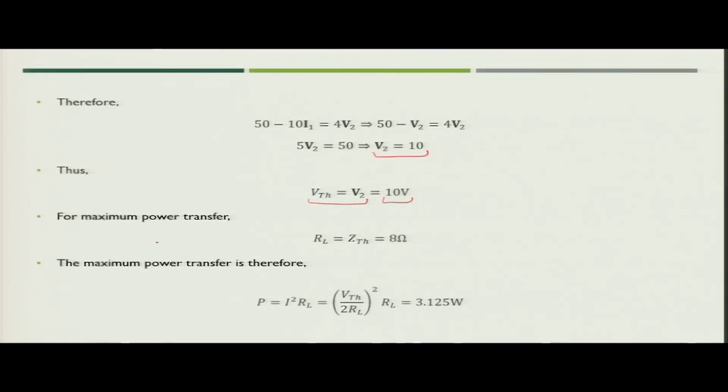and then we will apply the maximum power transfer theorem. At the maximum power transfer condition, your variable load RL should be equal to the Thevenin impedance. So, the value of RL we can set equal to 8 ohm, and what will be the maximum power transfer? That will be equal to (VTH / (2 RL))^2 into RL. So, this is as per the maximum power transfer theorem, and when we apply it, we simply get the value of power P as